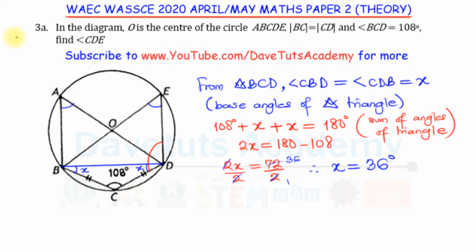Another thing I can also note from the diagram is that, look at this, we were told that O here is the center of the circle. So the line BOE happens to be the diameter of the circle. You can see it's starting from one end of the circumference, passing through the center of the circle, and ending at the direct opposite end of the circle at the circumference. So this is actually the diameter, and if that is the diameter, then the angle BDE,